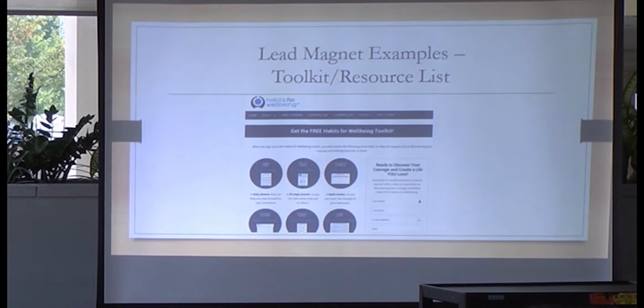Another example of a lead magnet is a toolkit or resource list. Something as simple as, I work in a mass communications department, and if we are trying to attract students to our department, one example of a toolkit or a resource list might be, what are all the tools that you would need to set up a home studio using your mobile phone, lighting, green screen?